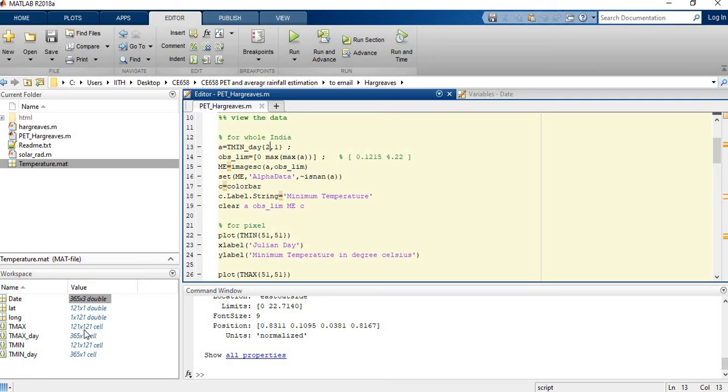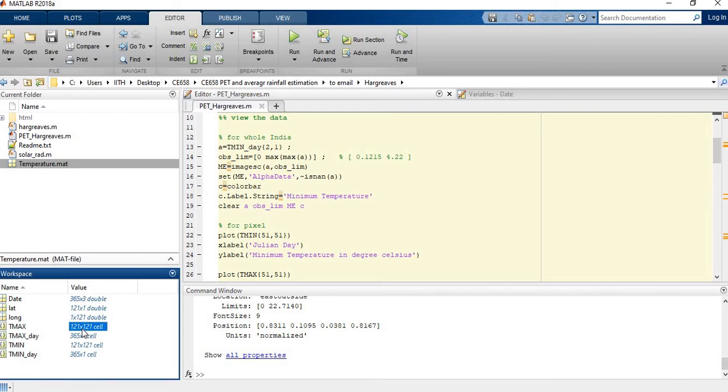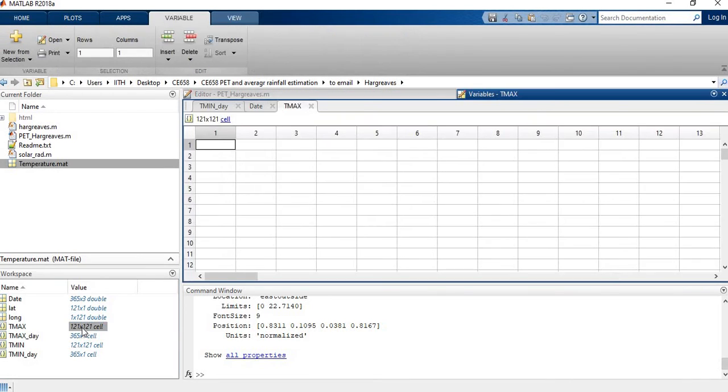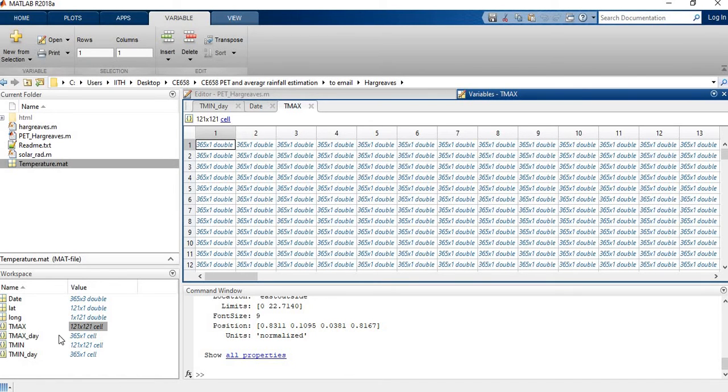So if you see the Tmax variable, if I open, basically it's a three-dimensional matrix, you can say, but I have arranged it in a 2D way to understand. So it's loading. If you see, the size is 121 cross 121, means this is the first pixel, this is the second pixel.